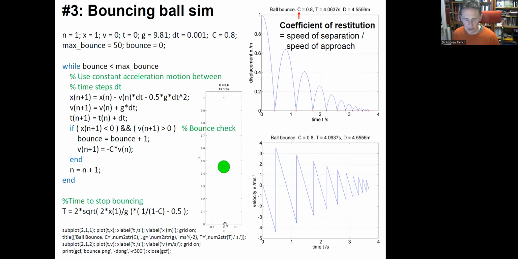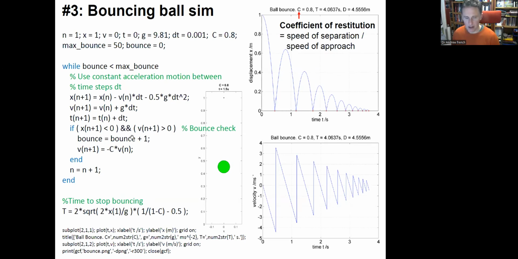But what happens when it hits the floor? Well, this is the fun bit. If my displacement becomes negative, so it starts to go within the floor, obviously it won't actually do that, but the next iteration is negative. And importantly, my velocity is going downwards, so the velocity is positive. The next velocity that I calculate is bigger than 0.